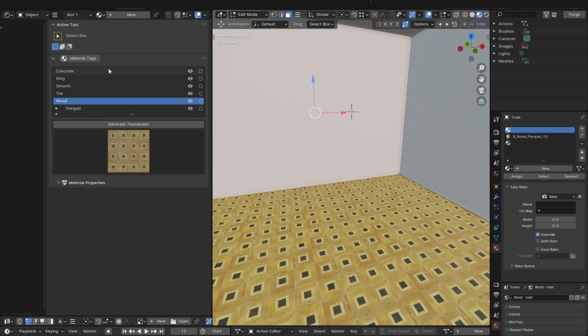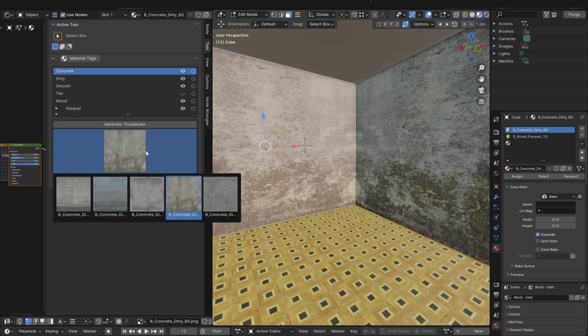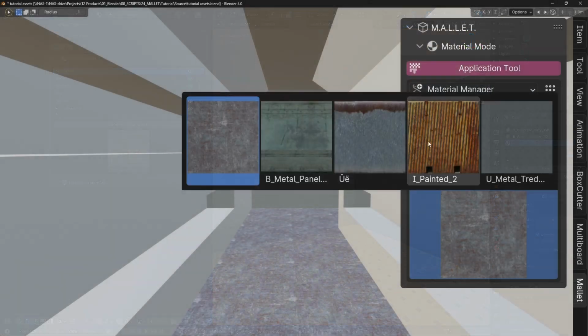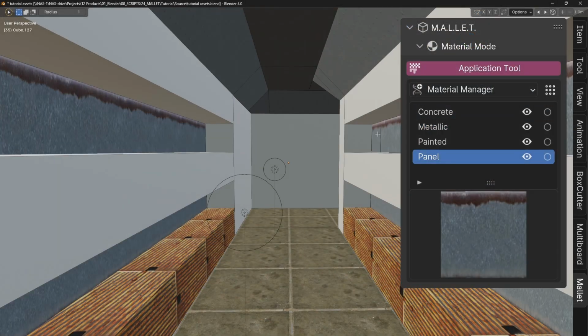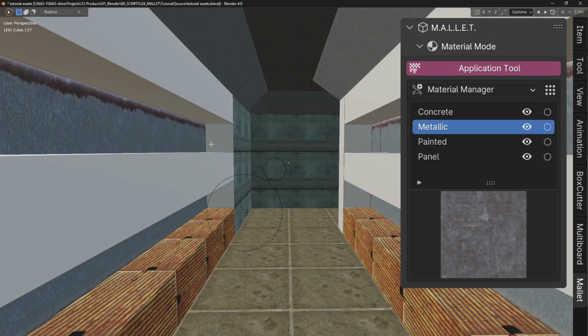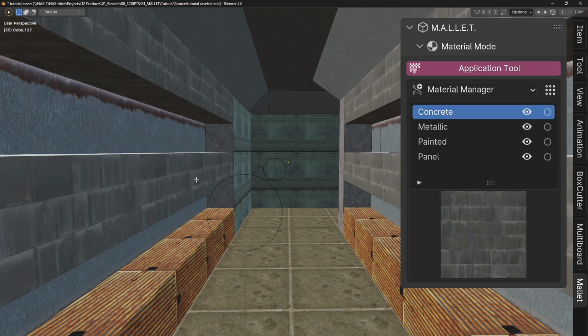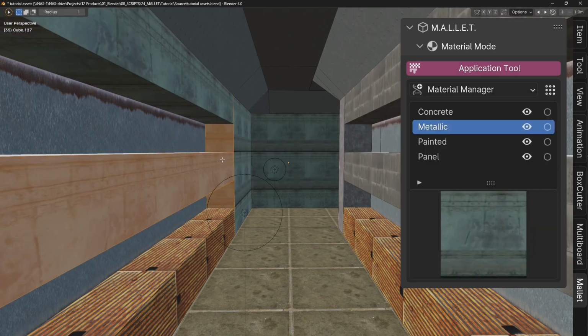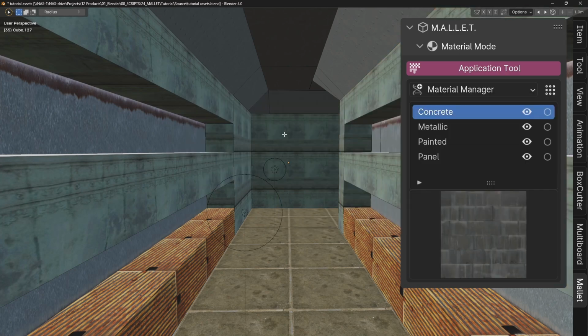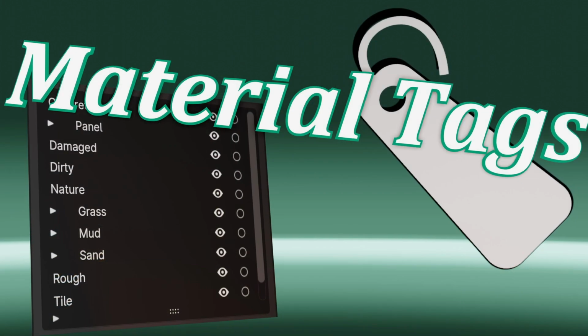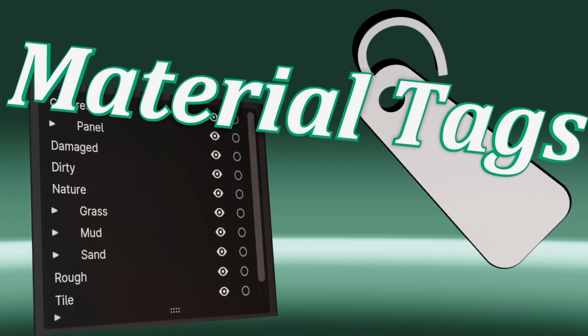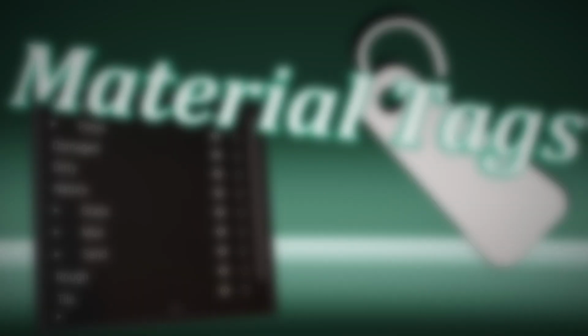Click, click, click, click. It's also compatible with Mallet Material Mode, the easiest way to apply materials to your mesh, debloating all that mess of slots with the simplicity of a click and drag. Be sure to check it out. Together, they will redefine how you see materials in Blender. A world changer, something that you've never seen before and that will be the status quo from here on out in your Blender texturing workflow.